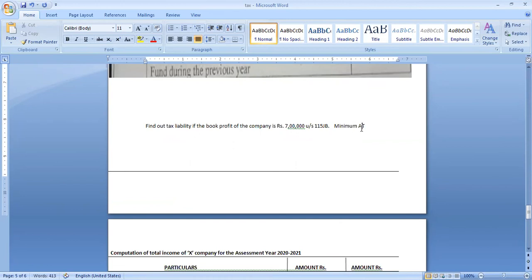Minimum alternative tax. Please make a note. This is a very important point. Minimum alternative tax, MAT, means...